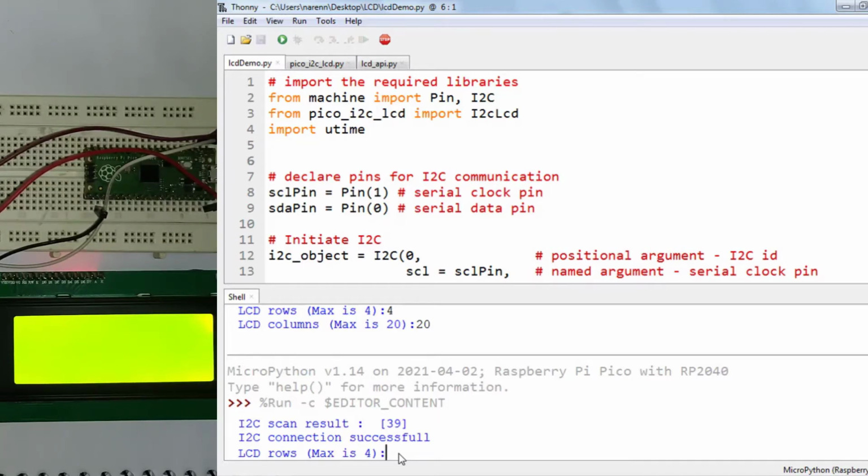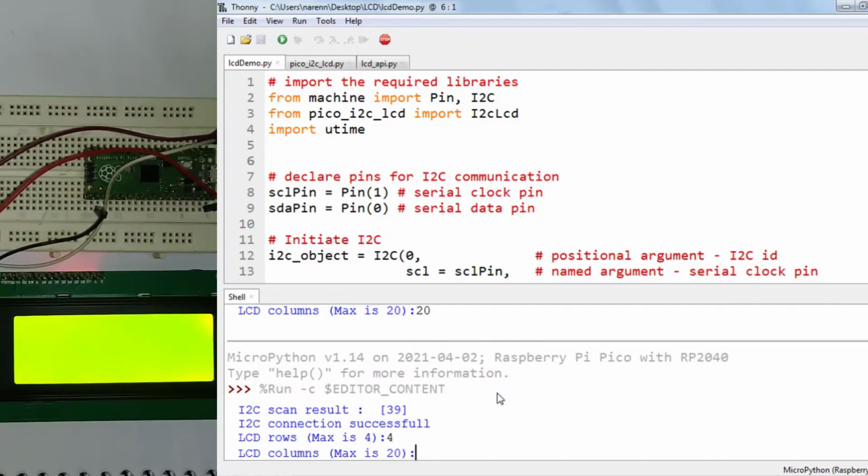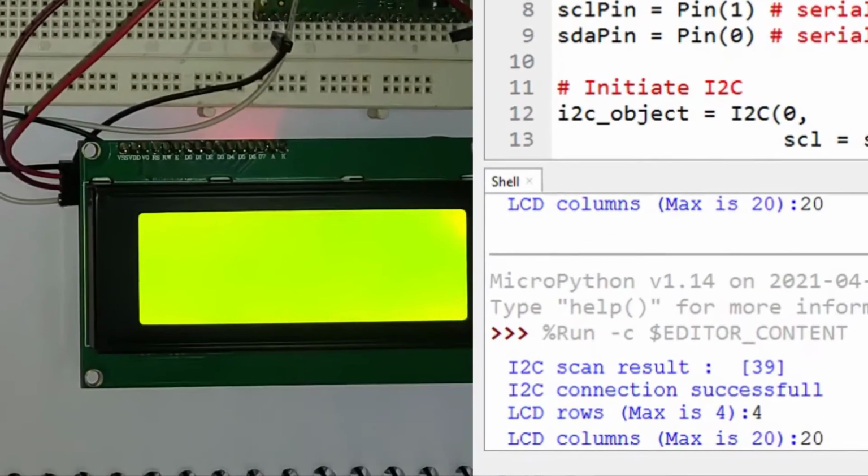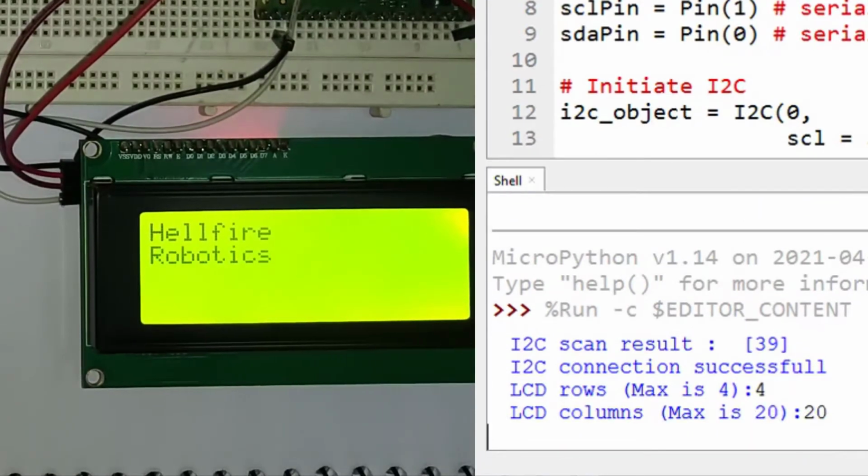Since I am using a 20 by 4 LCD, the number of rows is 4. I will hit enter, and now it will ask me about the columns, so I will enter 20. Now as you can see, the code is starting again, and you can see the messages on the LCD display.